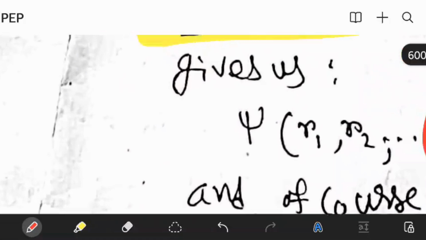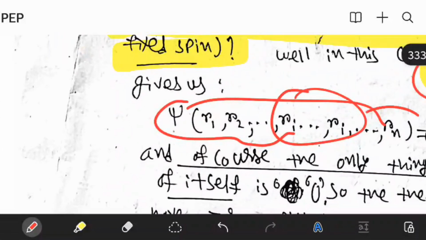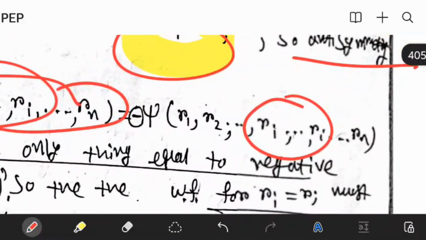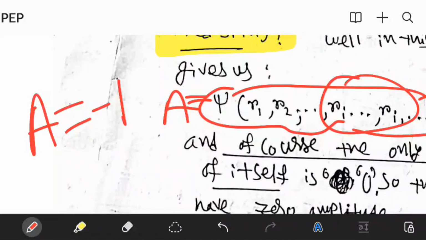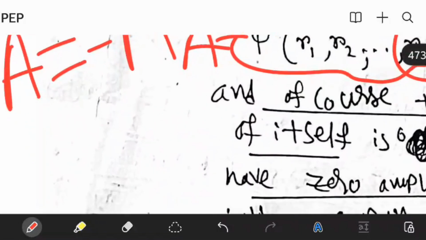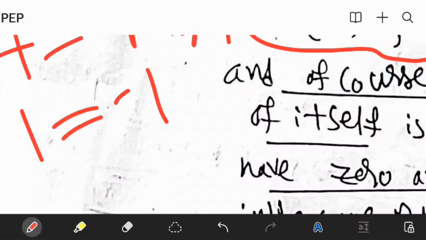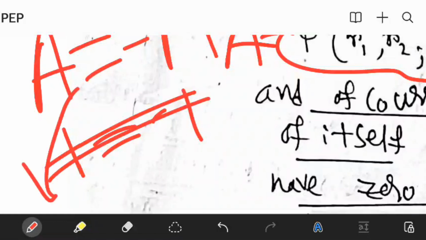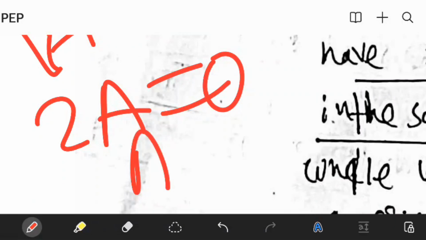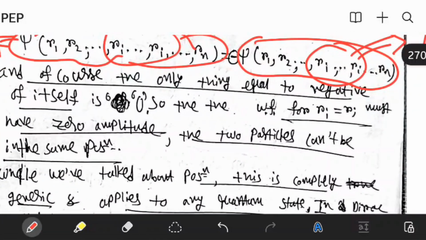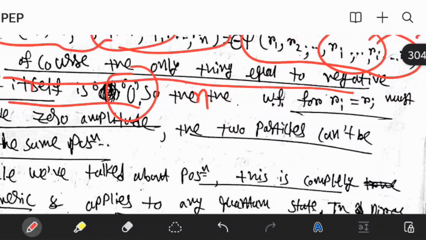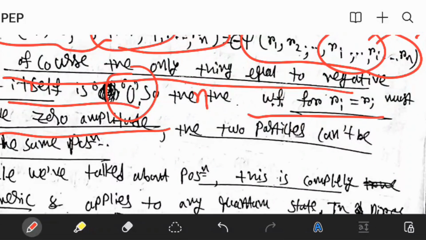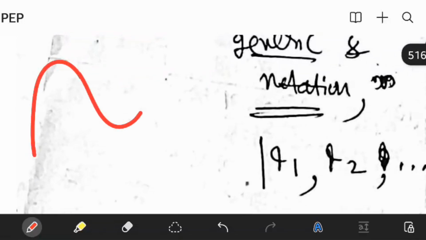Now let's say this term, the whole thing, equals A, and we can clearly see this term is also A. So we end up with A equals negative A, which is not possible because we cannot have 1 equals negative 1. So if A equals negative A, then 2A is 0 and the wave function doesn't exist here. And of course the only thing equal to the negative of itself is 0, as I said. Then the wave function for Ri equals Rj must have a 0 amplitude, so the wave function dies down. It doesn't have an amplitude,